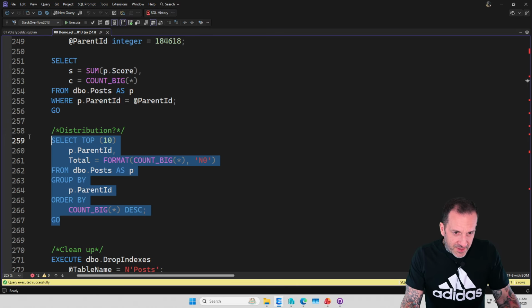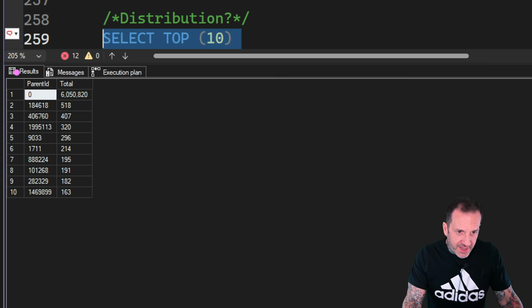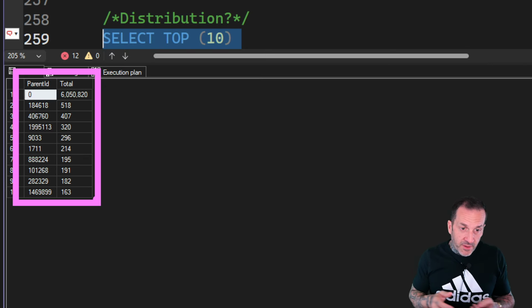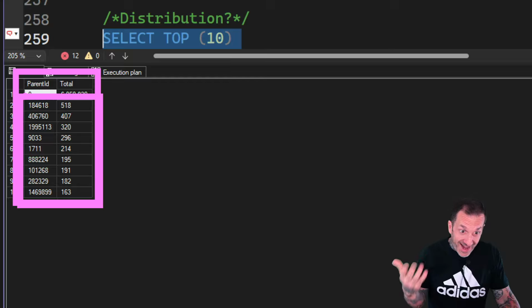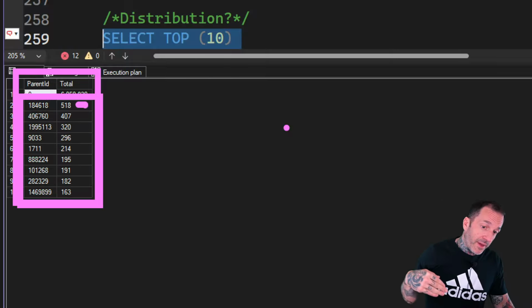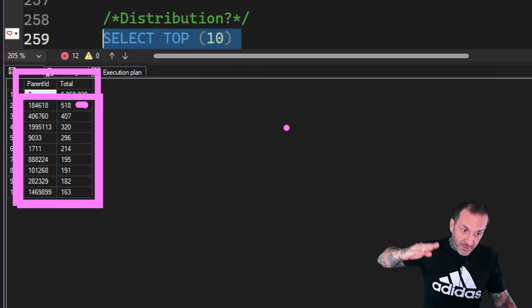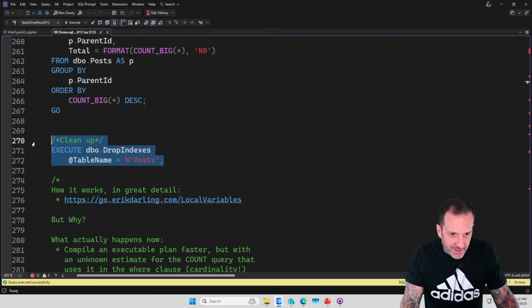But if we look at the data distribution for stuff in the post table, you'll see that just because the post table is not well normalized and we have questions and answers living together, we have 6 million rows for parent ID of 0, which are questions. And then we have just the top 9 or so posts and the number of answers they have. So non-zero parent IDs, these are answers. The one that has the most rows in it is 518. So this is where these very low numbers are where SQL Server starts to get these estimates for local variables from. But let's talk about